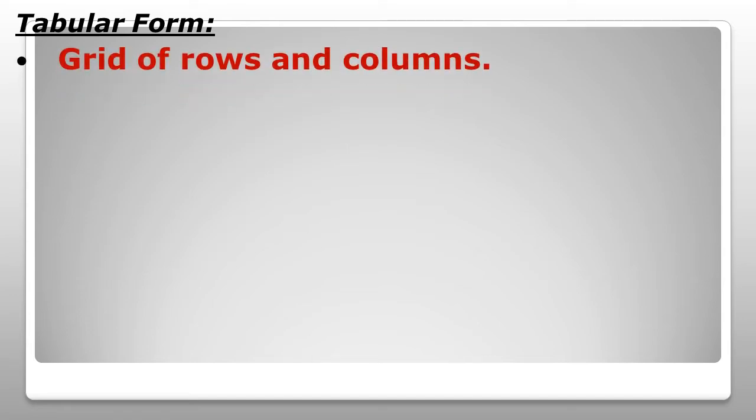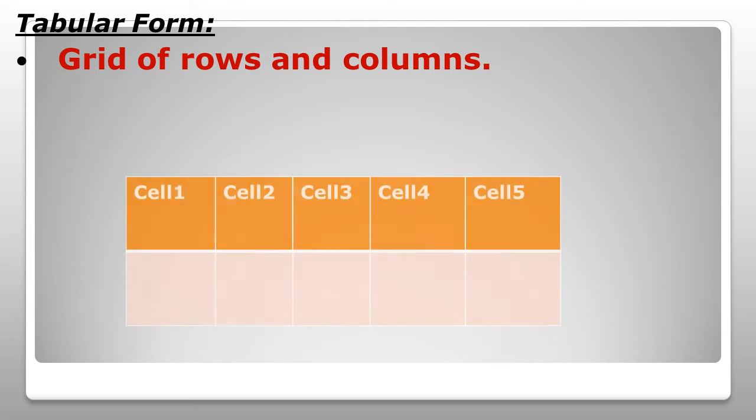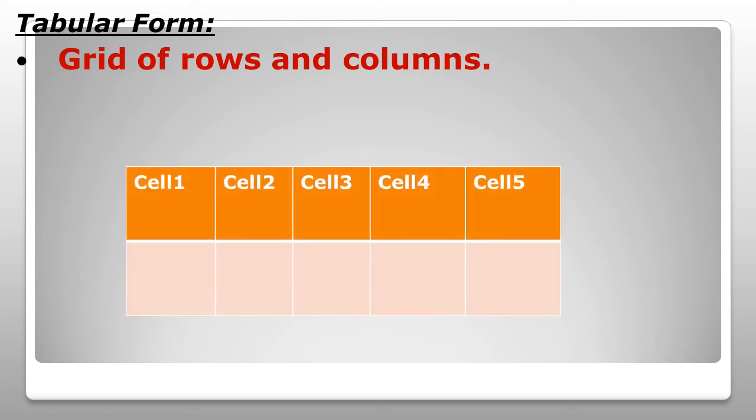Tabular form means what? Tabular form means it is a grid of rows and columns. Grid in the sense combination of rows and columns, we will call it a table. Look at the table. The combination of rows and columns will form rectangular boxes. So many boxes. The small box we will call a cell. And the boundary marked around the cell, around the table, is called a grid line.